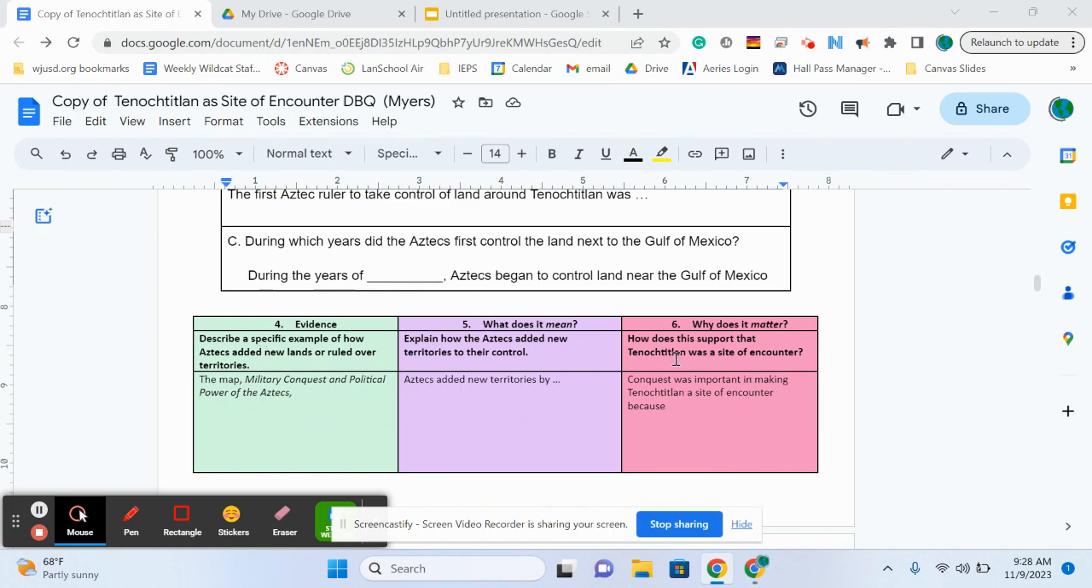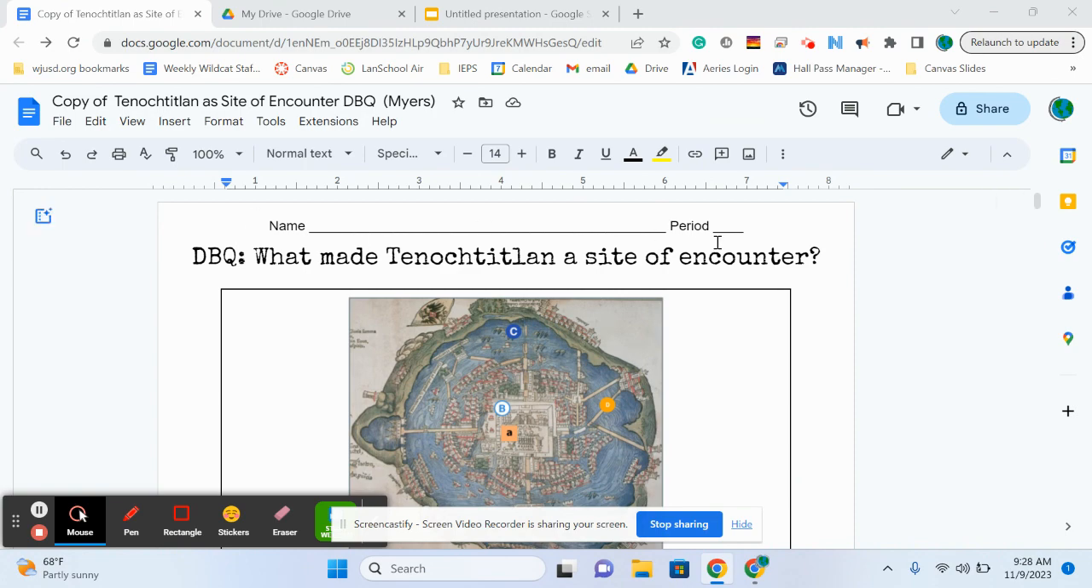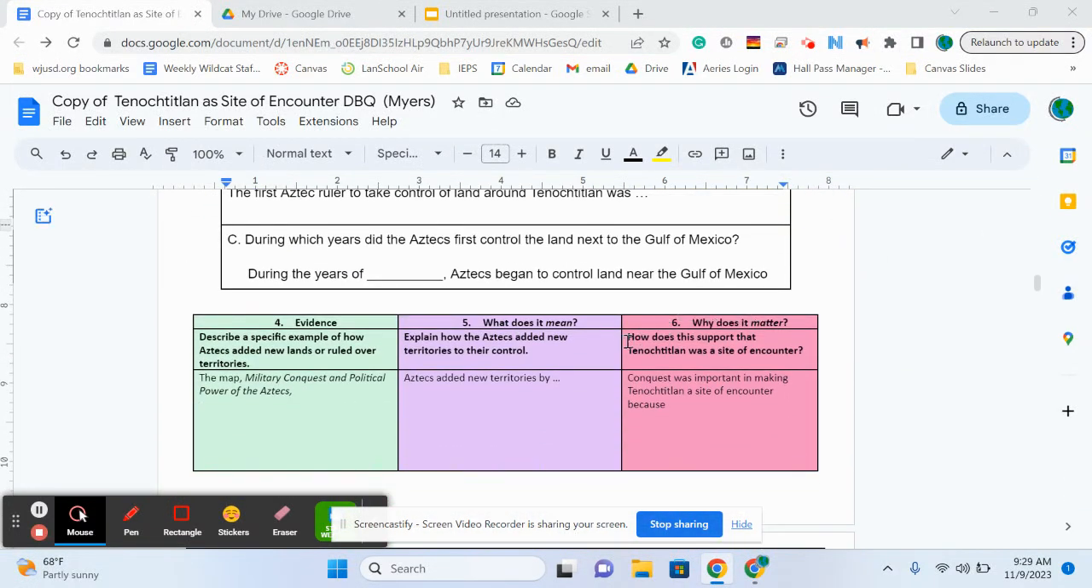And then for every source, we want to take it back to our inquiry question of what made Tenochtitlan a site of encounter. So we want to go back and we want to see how does this support that Tenochtitlan was a site of encounter? How does this map help prove it? And you can say conquest, like taking over with military force, was important in making Tenochtitlan a site of encounter